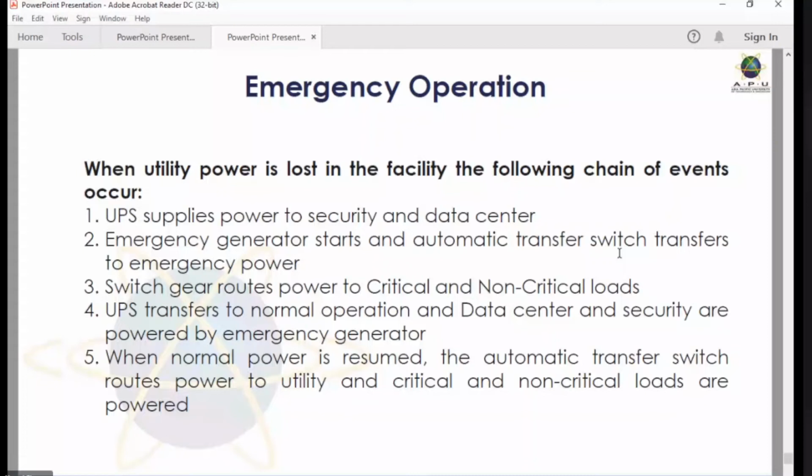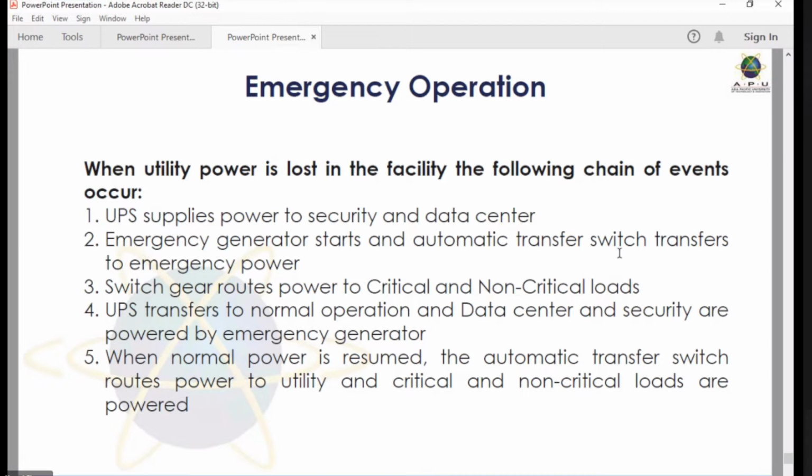बत्ती गएको बेलामा के गर्ने त, कसरी? युटिलिटीबाट पावर आइराखेको थियो, अब युटिलिटीबाट पावर आएन, in some case, so how do we proceed? त्यस्तो बेलामा चाहिँ कसरी अगाडि बढ्ने भन्ने कुरा चाहिँ it gives us the idea: when utility power is lost in the facility, the following chain of events occur. Utility को पावर जाने, हाम्रोमा पनि बत्तीहरू जाने आउने गर्छ हैन त, त्यस्तै डाटा सेन्टरमा नि